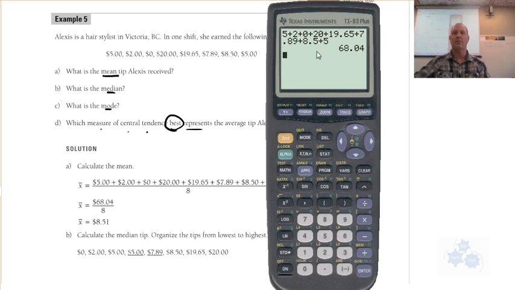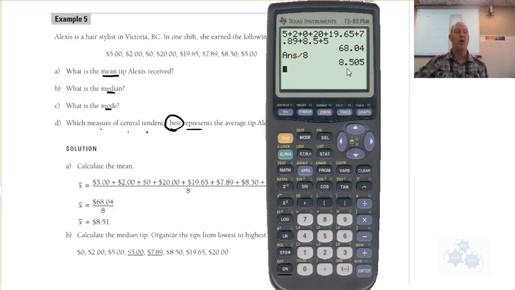No, why not? What do I have to do? I have to divide by the number of numbers that I added. So again, that was 1, 2, 3, 4, 5, 6, 7, 8. You have to include the 0, okay? And it's divided by 8. So